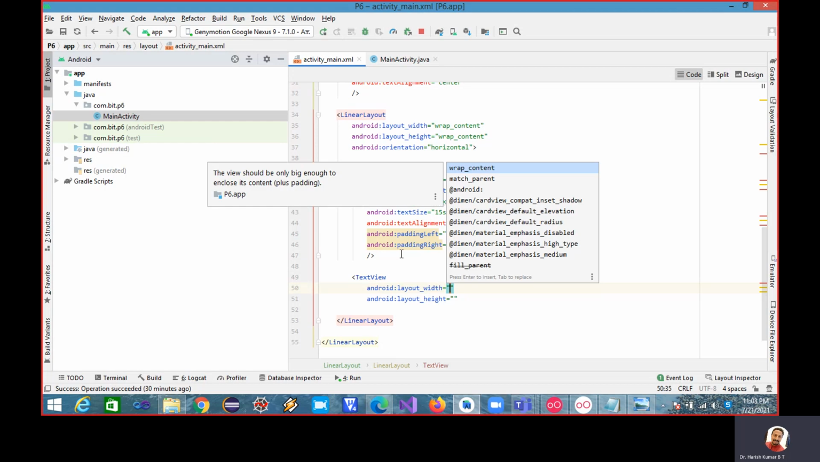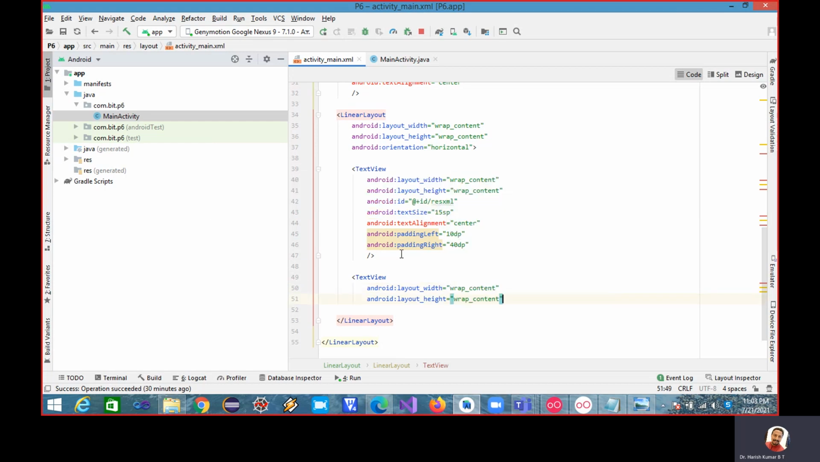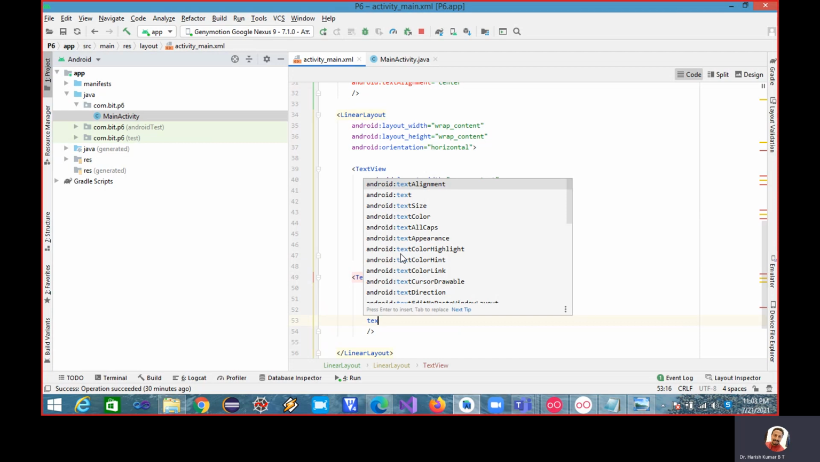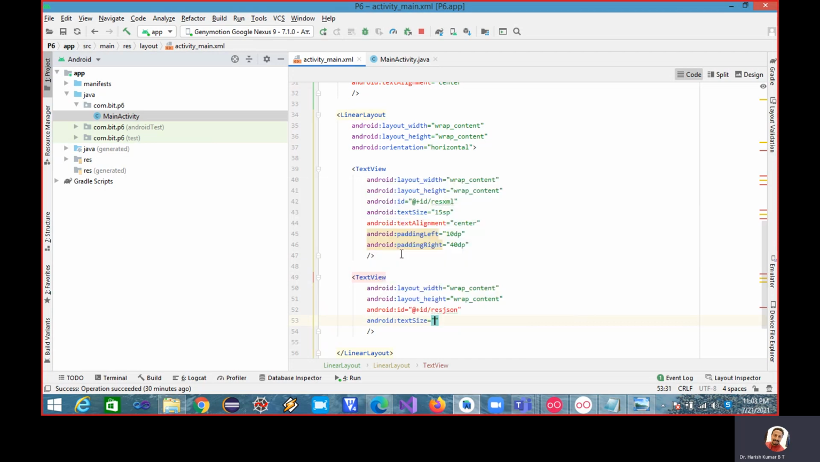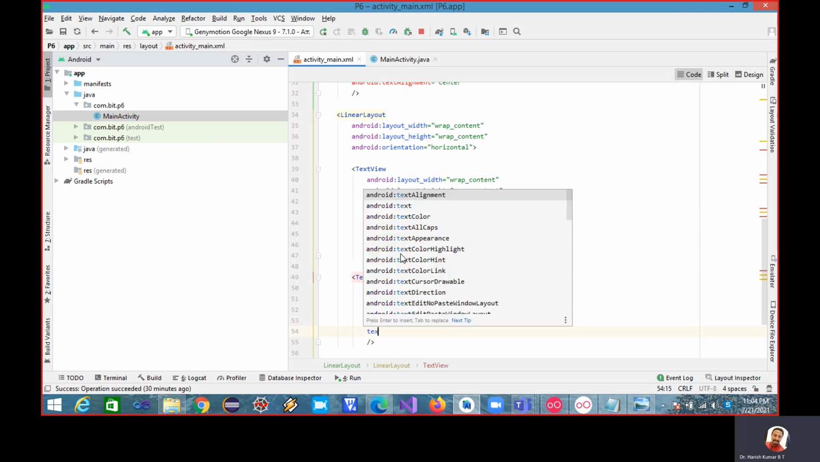Text view. So again, wrap content, height also wrap content. Let me assign an ID to this first. I'll take it as res JSON, result JSON. And then text size, let me define first. This also I'll make it 15 SP. And then text alignment